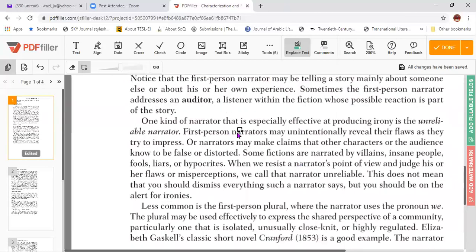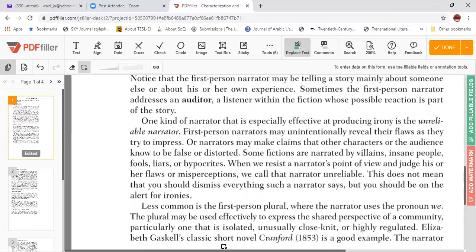Now, one kind of narrator that is especially effective at producing irony is the unreliable narrator. First-person narrators may unintentionally reveal their flaws as they try to impress, or narrators may make claims that other characters or audiences know to be false or distorted. Some fictions are narrated by villains, insane people, fools, liars, and hypocrites. When we resist a narrator's point of view and judge his or her flaws or misperceptions, we call the narrator unreliable. This does not mean that you should dismiss everything such a narrator says, but you should be on the